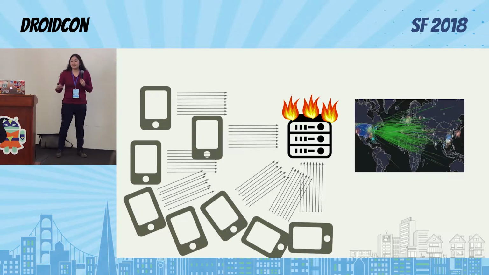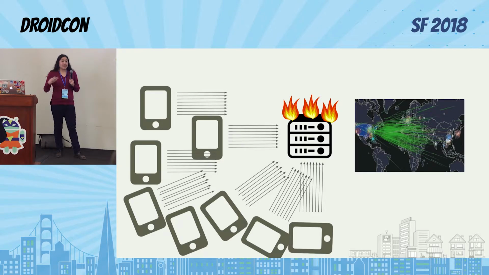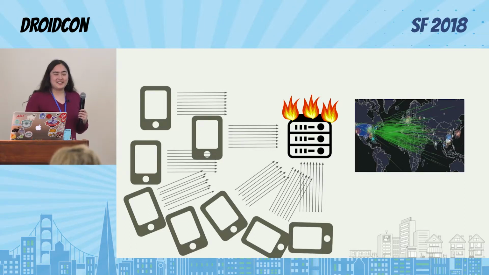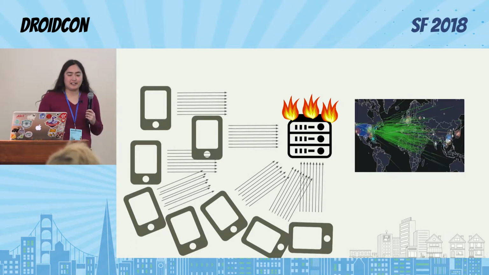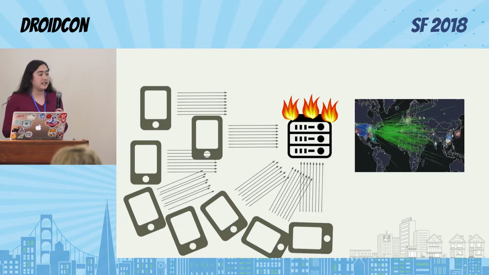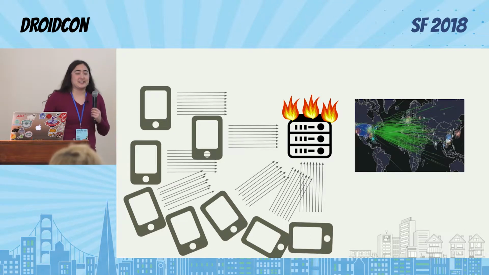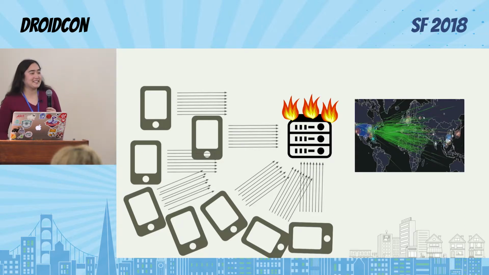In fact, when this happened, the first thing that happened was somebody said, oh no, it looks like we're being DDoSed by some sort of botnet. So obviously this is something that we don't want to have happen. Fortunately, in this case, for the change to how we retried analytics, we had a feature toggle. We had the ability to remotely disable this pretty quickly. So this wasn't a huge disaster, just sort of a medium-sized disaster.